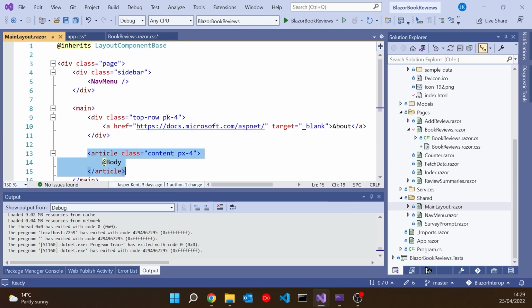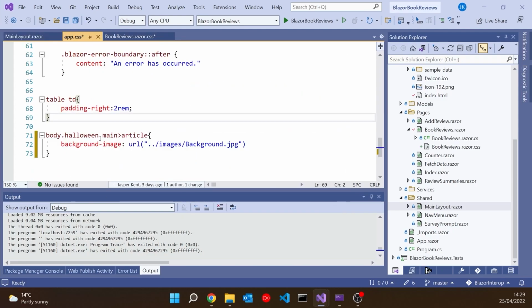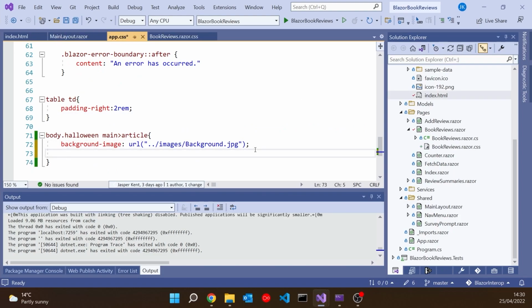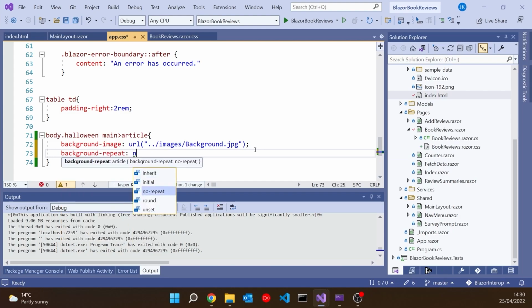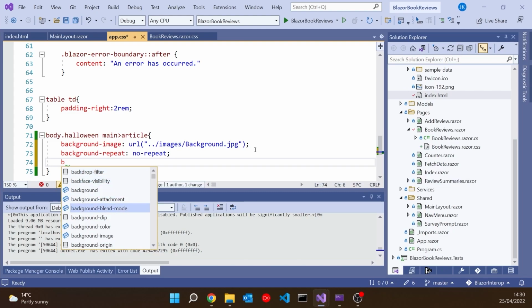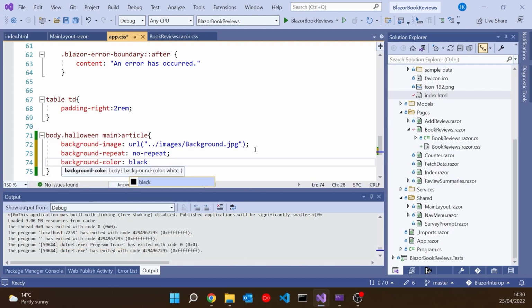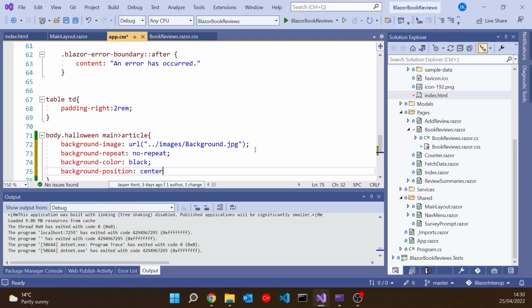So we can see that is the article we've got there that's a direct descendant of main, but still has to be a descendant of body.halloween. And then just a few more things I want to put on there. We'll have a background repeat of no-repeat, a background color of black, and a background position of center top.